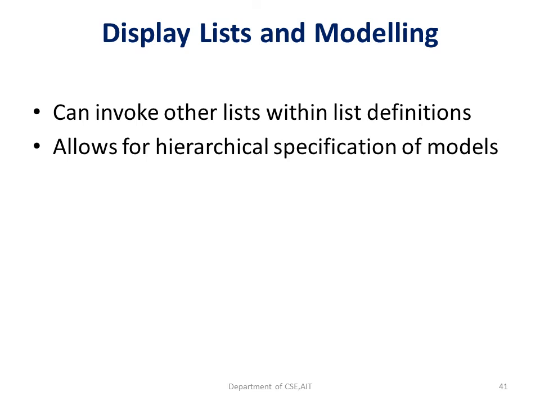We will have the hierarchical model, and we can go for creating multiple objects by making use of multiple display lists. And one display list itself can consist of multiple smaller display lists. One display list itself can be modified to give rise to another object with little modification of the previous display list. That is the advantage of the display list and modeling, which is widely used in project works and OpenGL programs.